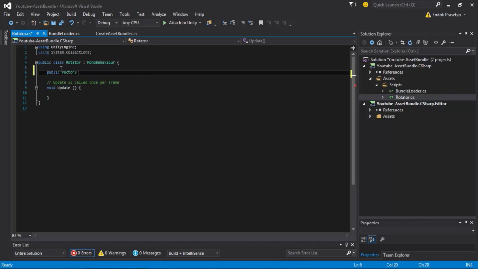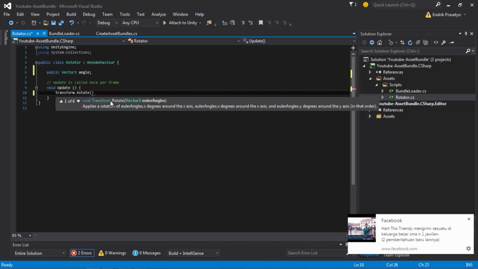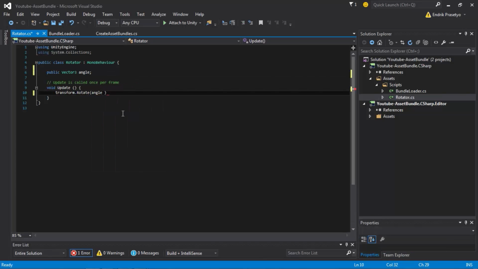Here I will need a Vector3 variable. Now let's manipulate the object rotations by modifying the transform rotation properties, or just access the public method called transform.Rotate, and then pass our Vector3 angle variable, multiplied by the delta time.